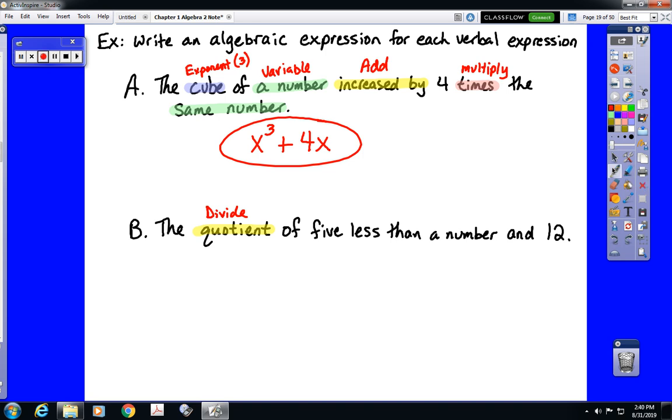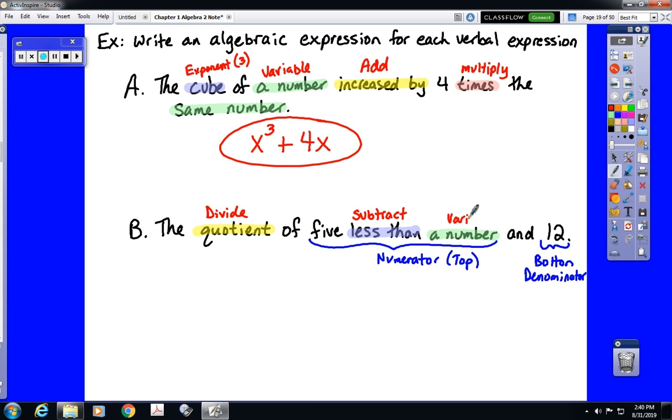Of 5 less than a number, so that's going to be our numerator, or the top of our division problem, and 12, which will be the bottom, our denominator. So again, in there we have a number, we have less than. These are key phrases that we should already know the meaning of. We're going to be subtracting, and we have a